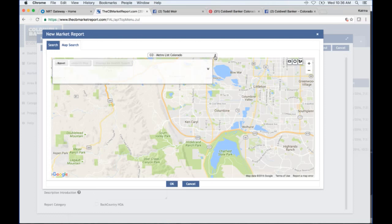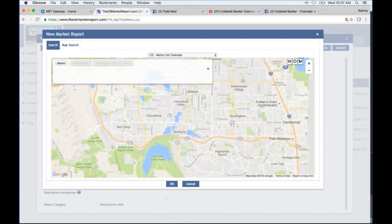I saw it yesterday for some reason, and when I was in Loveland, it only gave them the Iris option and not the other option. So I have a note to figure out why that was, and we'll open it up so everybody can hopefully have all the MLS options to look at, okay, and utilize. So hold tight on that, Loveland. Fort Collins, in the morning, you were able to see them all, so I don't know why that was, but not to worry. All right, so the map, we're at the map,